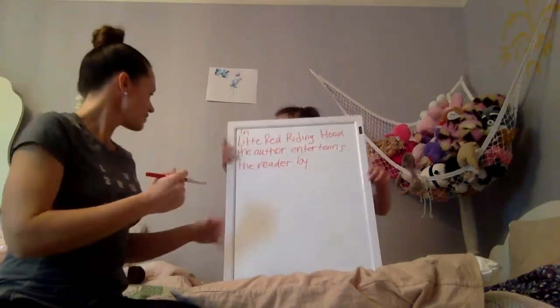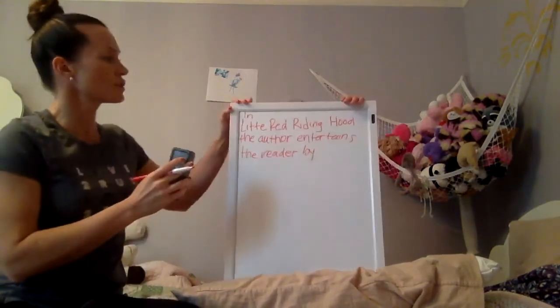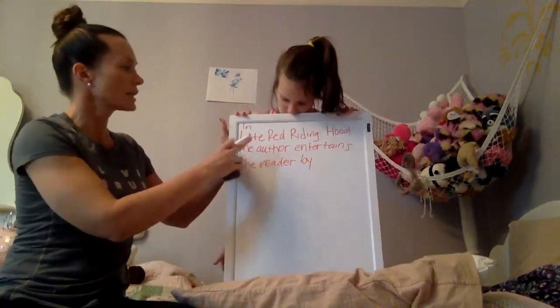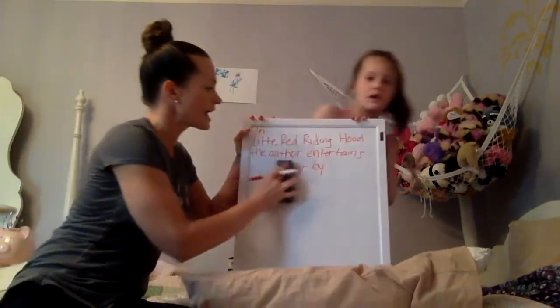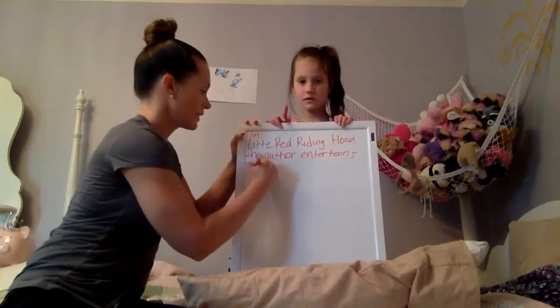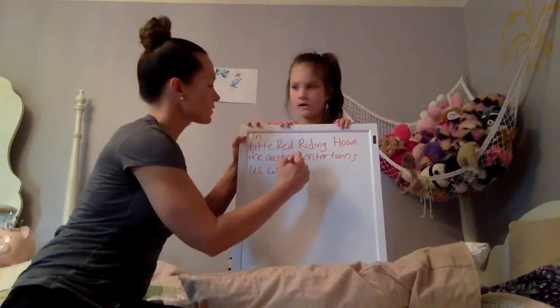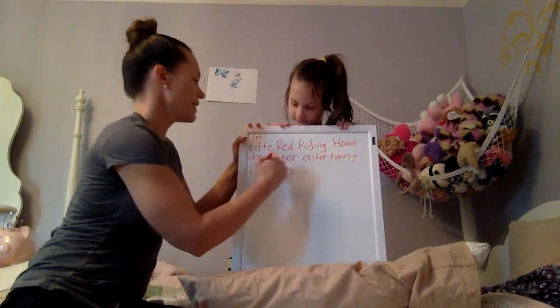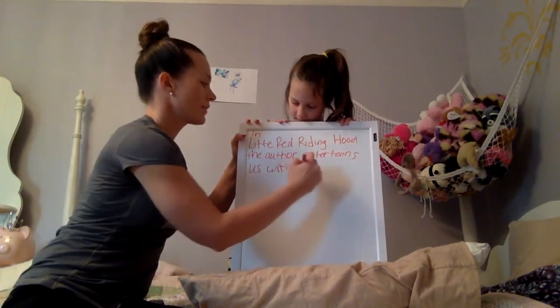I like the extra options, but I just want to use your one verb, to keep this simple. So in Little Red Riding Hood, the author entertains us with a story. You got to hold still, or this is the last warning. Entertains us with a story